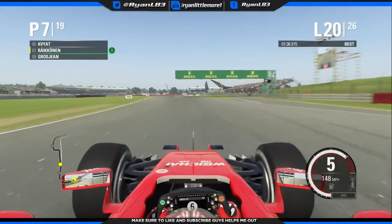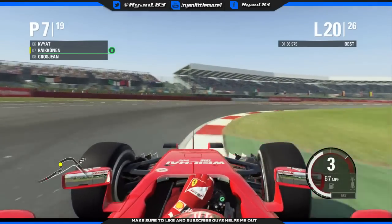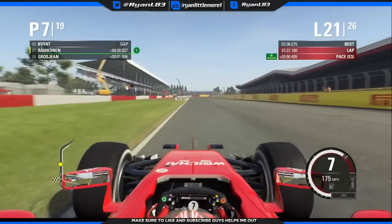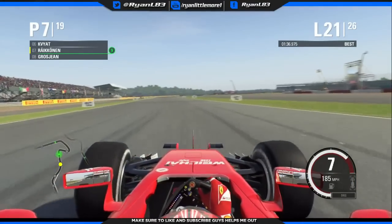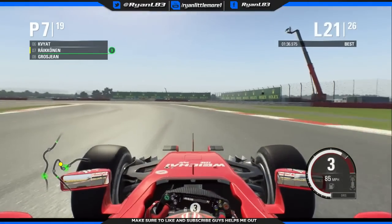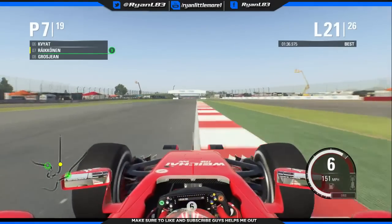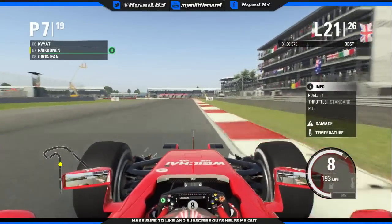Oh, massive oversteer. Eight seconds is the gap. Oh, touched the curb, didn't help. We're now down to our last quarter of a tank. That's 25% fuel remaining. Quarter of a tank left. Should be fine. It's about 6 and a bit laps, so we may have to save some fuel at some point. Got +1, so